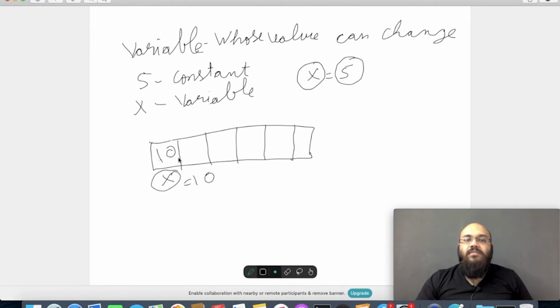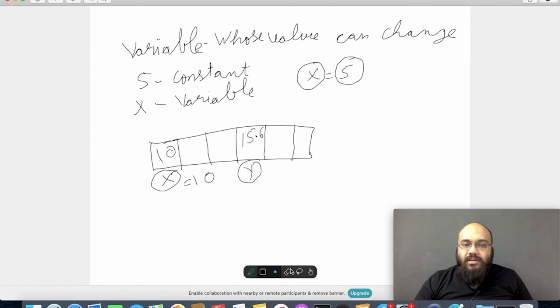A variable is nothing but a memory location, a memory address, or a cell, a location inside memory which we have given a name, and whatever the content of that memory location is, we can access by this name. Let's say there's another location holding 15.6, and we give it the name y. Whenever we access y, we'll get 15.6. The value of this cell can change.